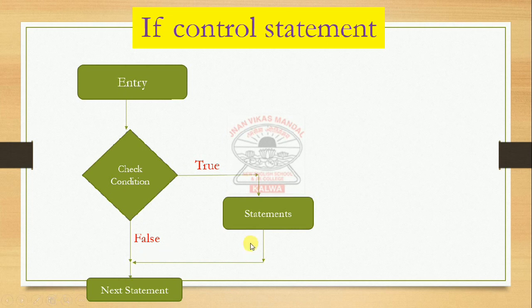So if you see, this part of the statements will run only if the condition is true. The program will not come to this part if the condition is false. It will simply skip these statements and go to the next statement. So this is the way the if statement works. It will check the condition. If true, it will execute certain statements. If false, it will go to the next statement. Of course, we can give statements for both the cases. That means for true, what statements should be executed, and for false, what statements should be executed. Both parts we can give. But how to write this if statement in C language, the syntax of that we will see now.